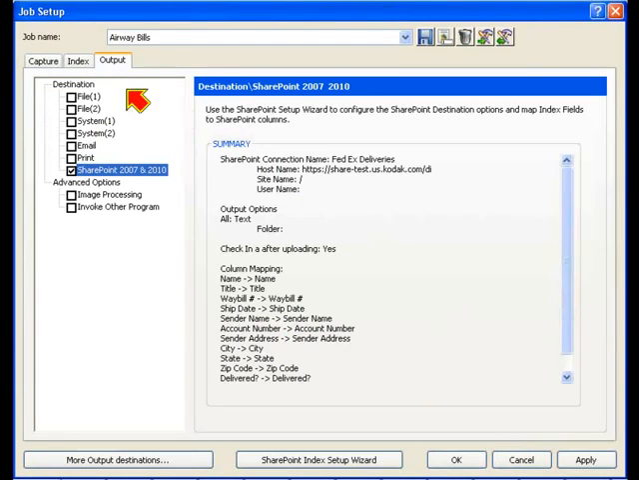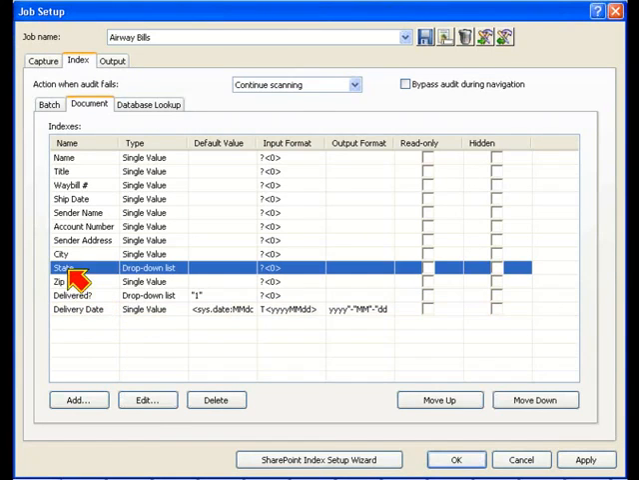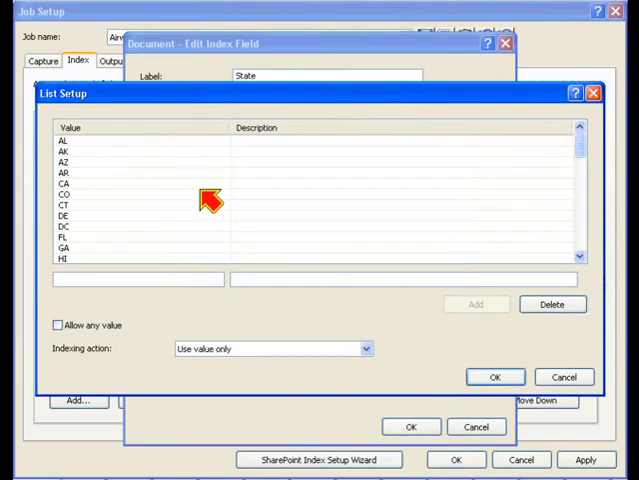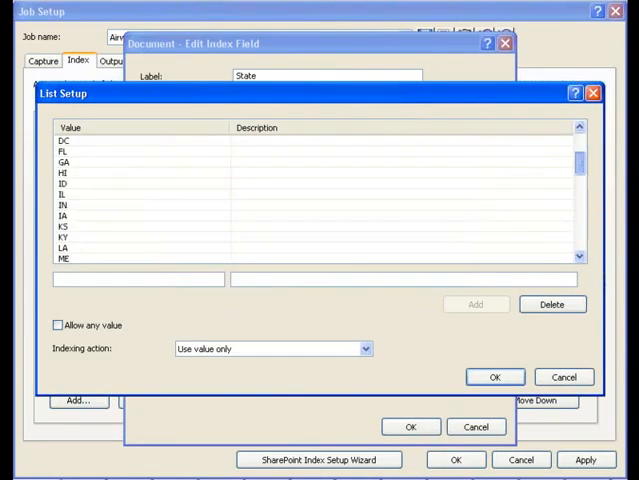And if you go to the Index tab in Capture Pro software, you'll see all of the index fields automatically created by the SharePoint Setup Wizard. One of the key features that we support is the importing of choice fields, which results in a drop-down list being created in Capture Pro software with all of the choices that were configured in your SharePoint system. In this case, I have a state field that has over 50 values that are automatically imported into Capture Pro